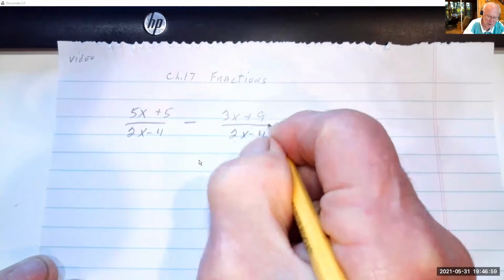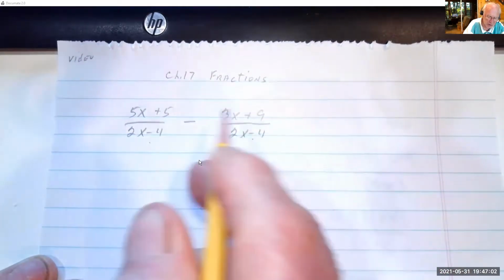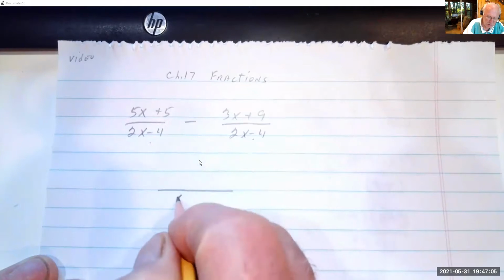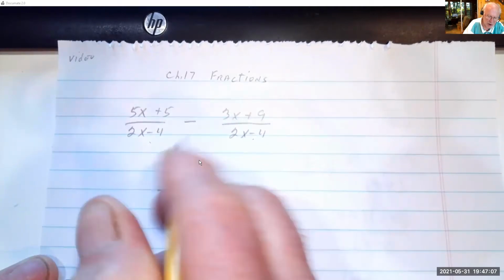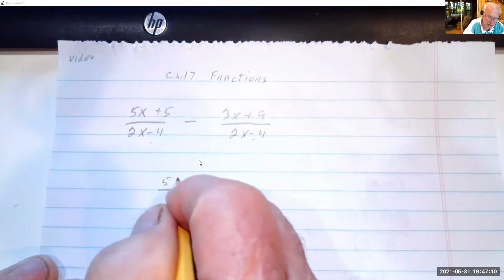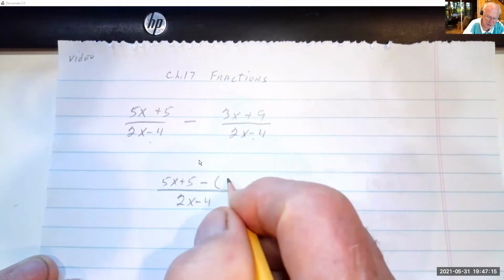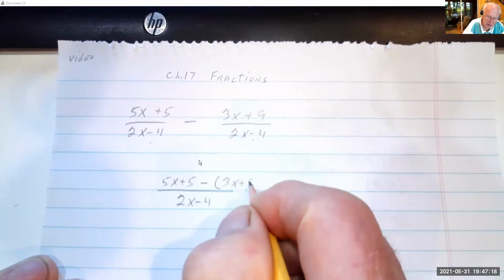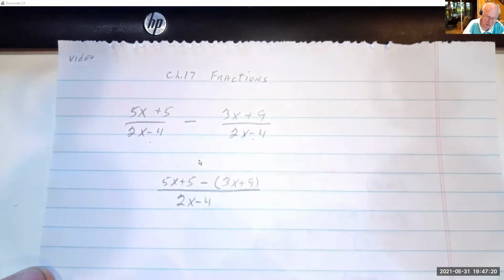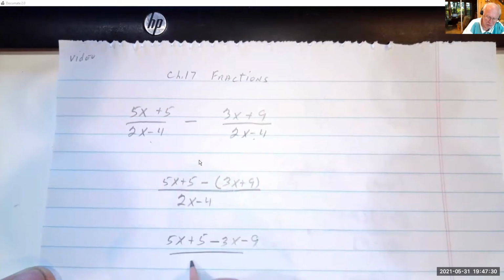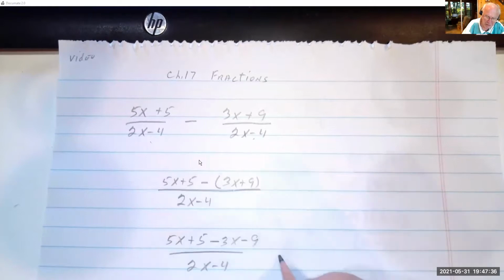You'll remember from arithmetic, when we have like denominators, we keep the denominator, 2x minus 4, and we subtract the numerator. So we're going to have 5x plus 5, the first numerator, subtract from it the quantity 3x plus 9. Let's perform that subtraction. That is going to be 5x plus 5 minus 3x minus 9 all over 2x minus 4. Simplifying the numerator, we're going to get